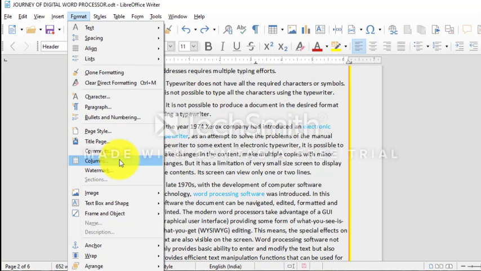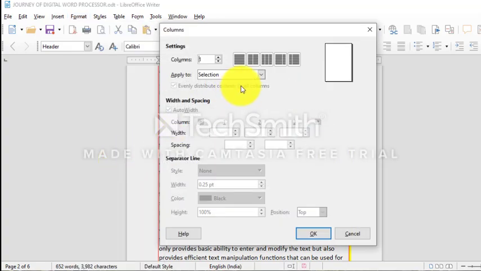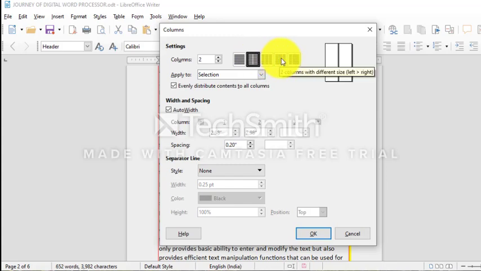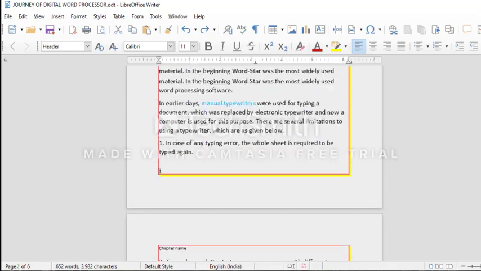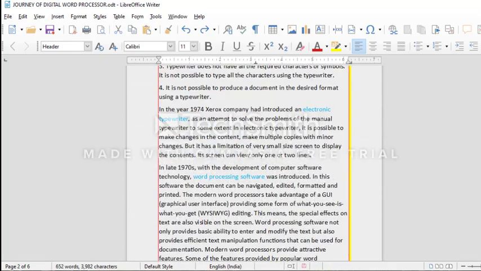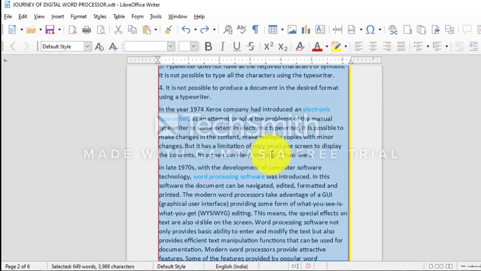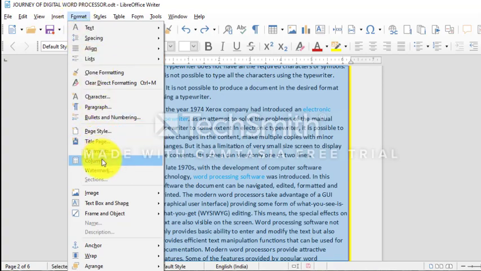Just select it. I want it to be 2 columns with equal size. Right now it is 1 column. I want it to be in 2 columns. Or I want 2 columns with different sizes. This is all up to you, how you want your document to be. Just select that. Go to Format and then Columns, and I want this.